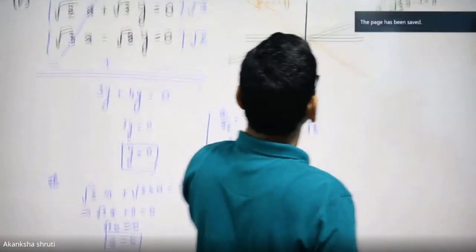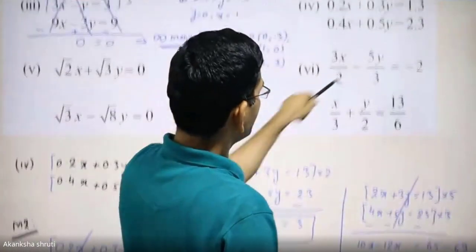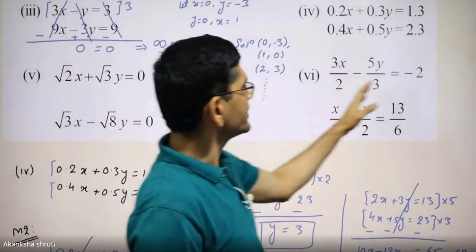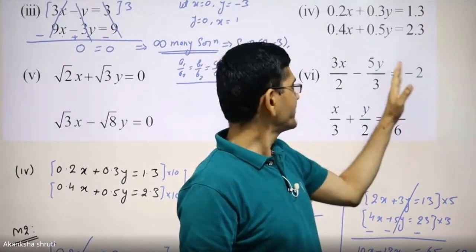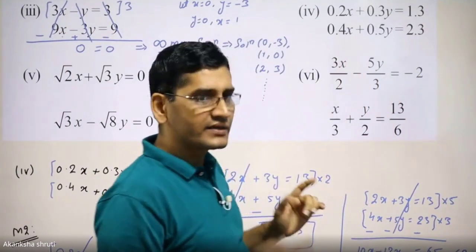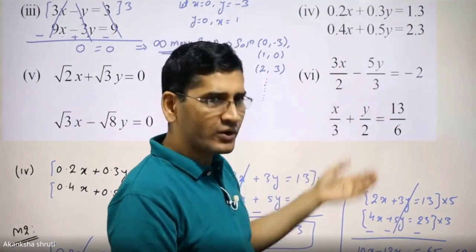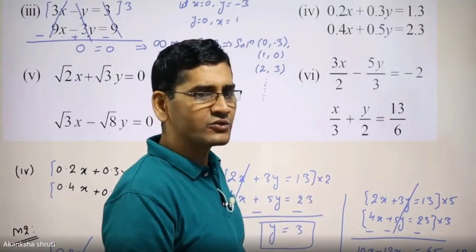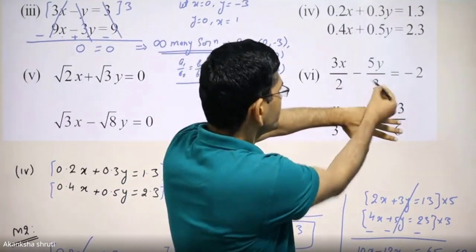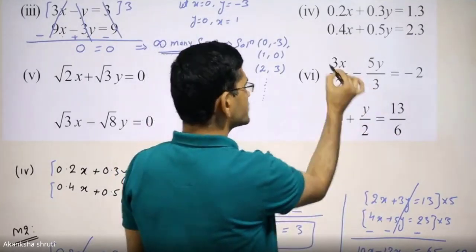Now coming to question number 6, यहीं पे मैं सॉल्व कर देता हूं। स्टूडेंट्स कुछ नहीं करना है, बहुत इजी है। फ्रैक्शन है, या तो आप दोनों फ्रैक्शन को इक्वल करिए, या फ्रैक्शन से आपको यदि डर लगता है तो इस डिनोमिनेटर को हटा दीजिए। डिनोमिनेटर को हटाने के लिए, say I am considering the first equation, इस दोनों के एलसीएम लेकर के इसे मल्टीप्लाई कर देंगे। तो 3 और 2 का एलसीएम 6 आता है।